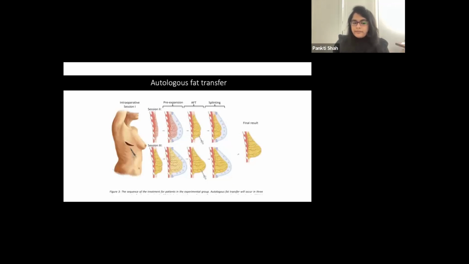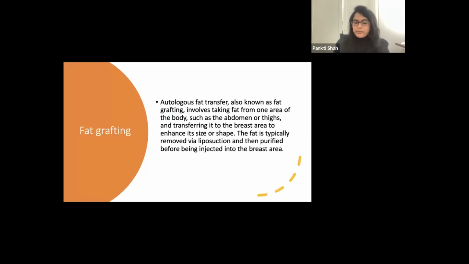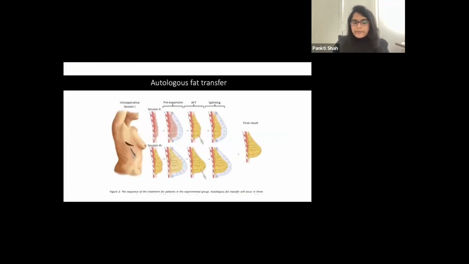The first AFT procedure will take place during the mastectomy, and the plastic surgeon will perform an AFT in subpectoral and intrapectoral planes prior to the closure of the mastectomy wound. This will provide an initial volume in the deep muscular planes, which will not be accessible in consecutive treatment.